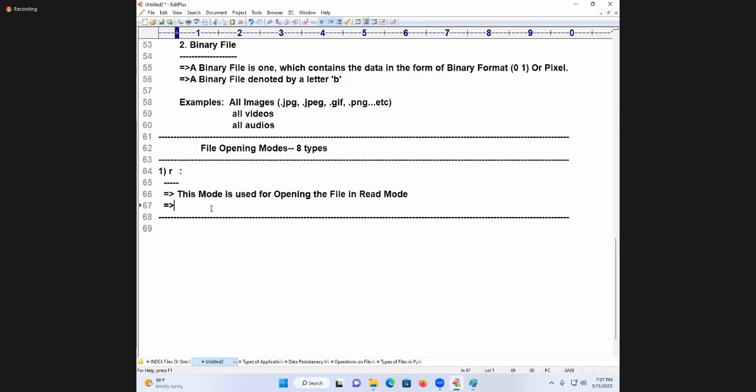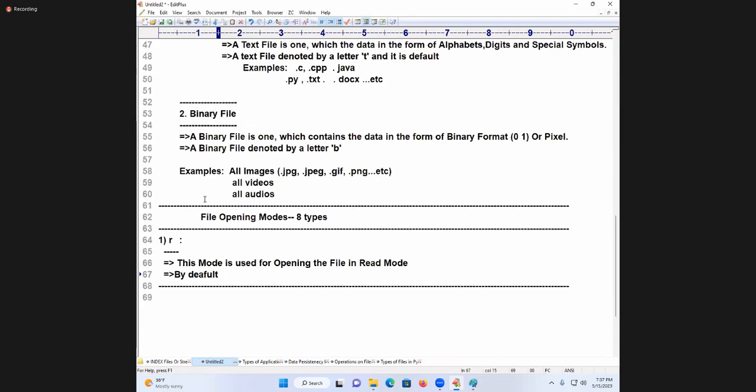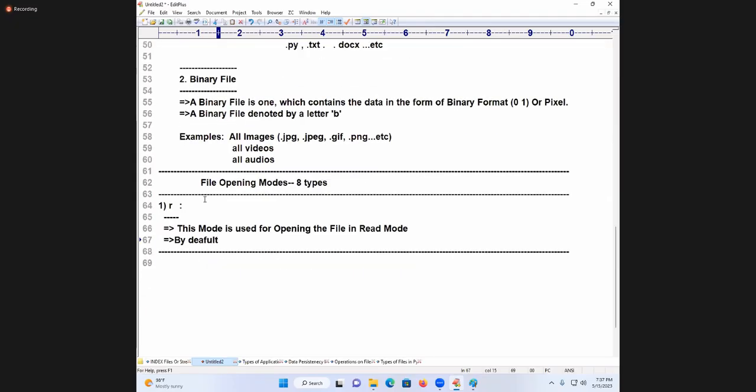Good. By default, how many modes are there? I said 8. Out of that 8 modes, if I don't specify any mode, by default, which mode is taken? R mode.